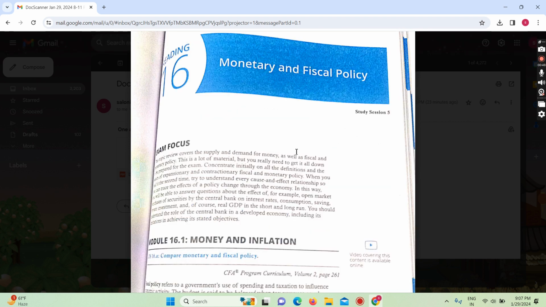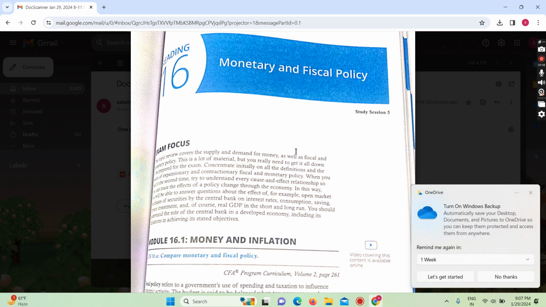So what is the monetary and fiscal policy? This topic review covers the supply and demand for money. In this topic, what are we particularly going to read? This topic review covers the supply and demand for money as well as the fiscal and monetary policy. So this unit will cover the supply and demand for money as well as the fiscal and the monetary